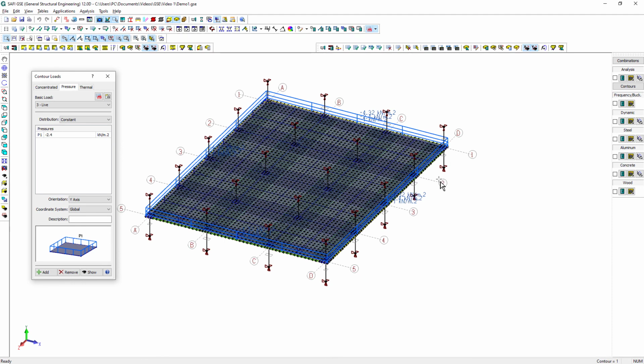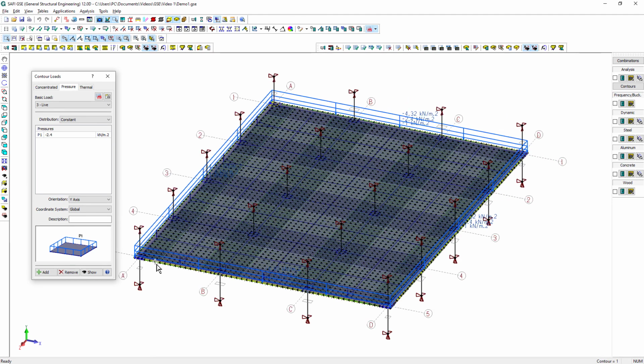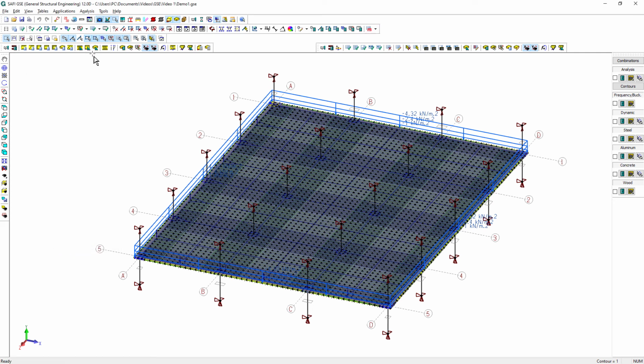The pressure load just defined should be visible on the screen. If not, select the toggle load visibility in the View menu on the side of the screen and then select Basic Load. An additional dead load of 4.4 kN will be added to the members on the perimeter of the